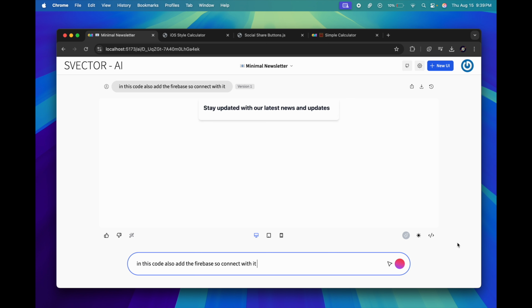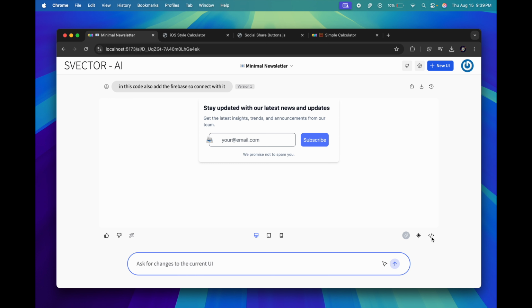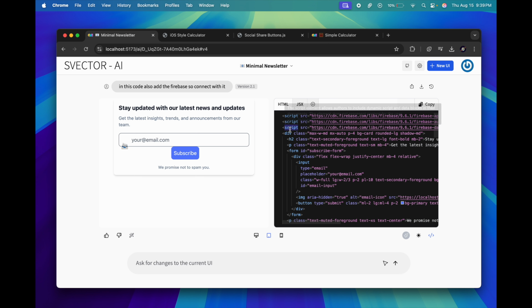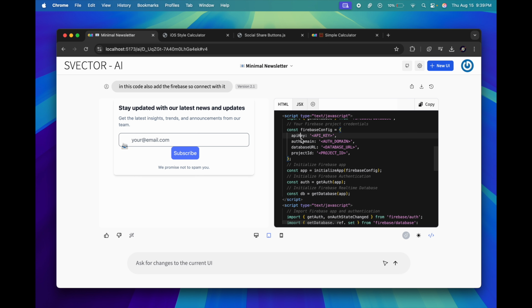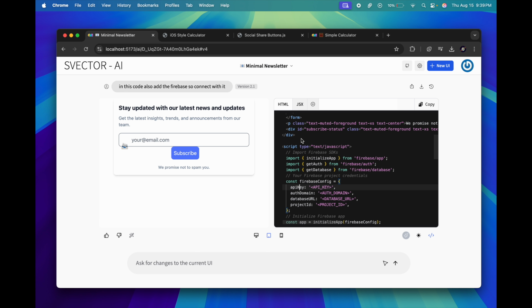It will not be shown on this page, but the main thing is it will show in this code section. Now let me show you where. Here it is. Here you can see it has sent all the details about Firebase. Now you just have to put in your own details.